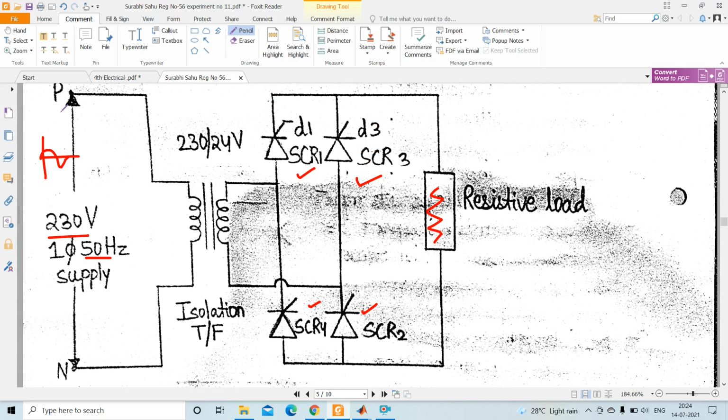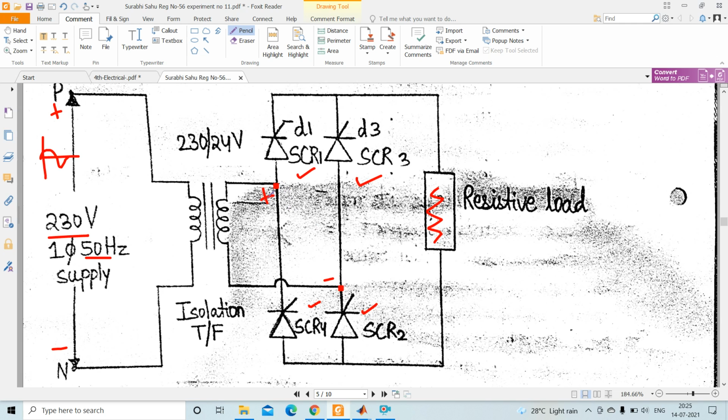Okay, so when we are in the positive half cycle, one end is positive and the other is negative. During the positive half cycle, the EMF is induced here, so this point is positive and this point is negative. This is the point.